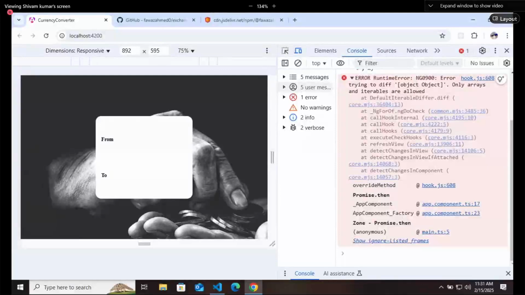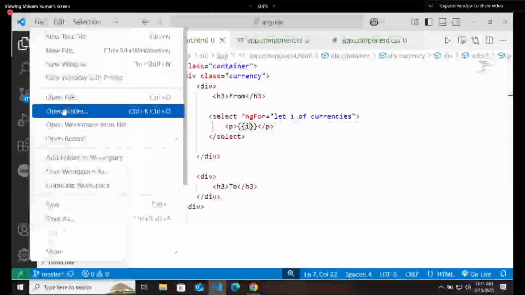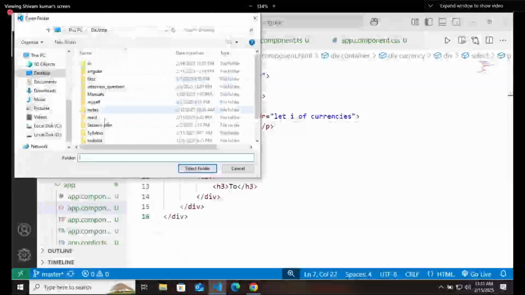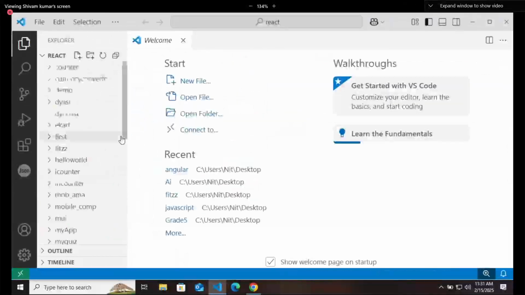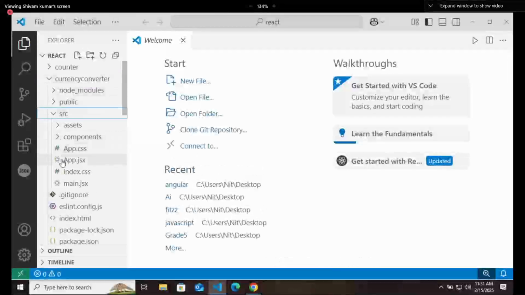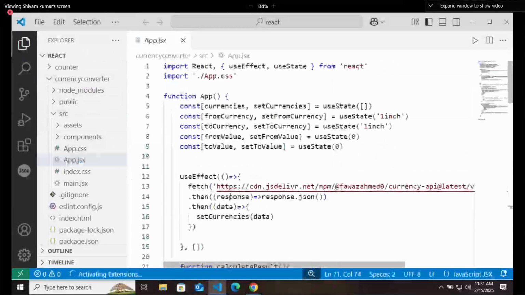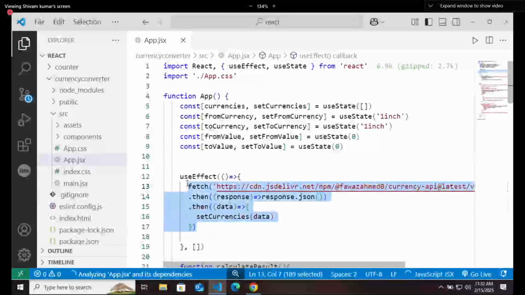Now, let me just close it. We'll go to React. I just want to show you the difference between React and Angular. Here also we will do fetch, response, data, set currencies, data. Same thing we will do like React.